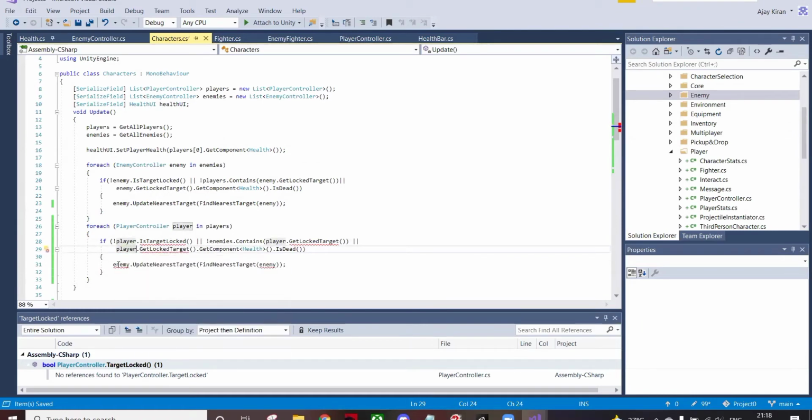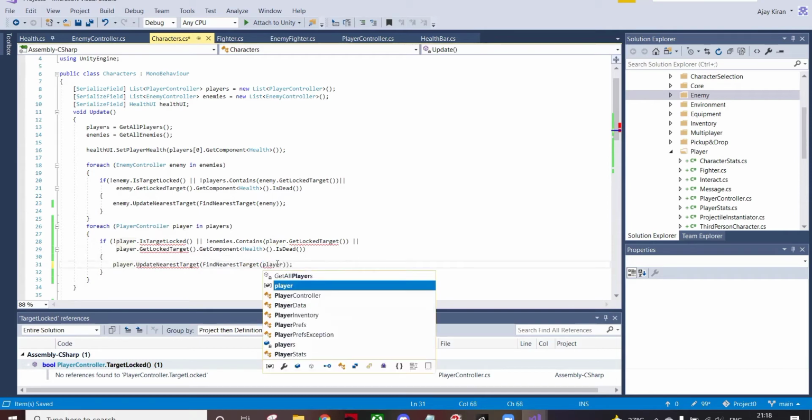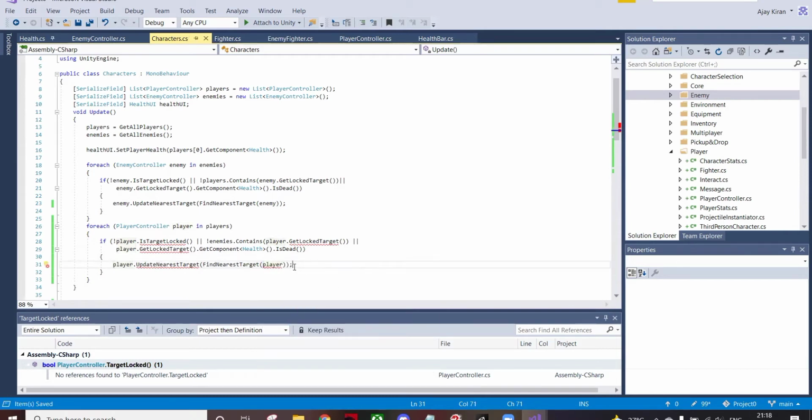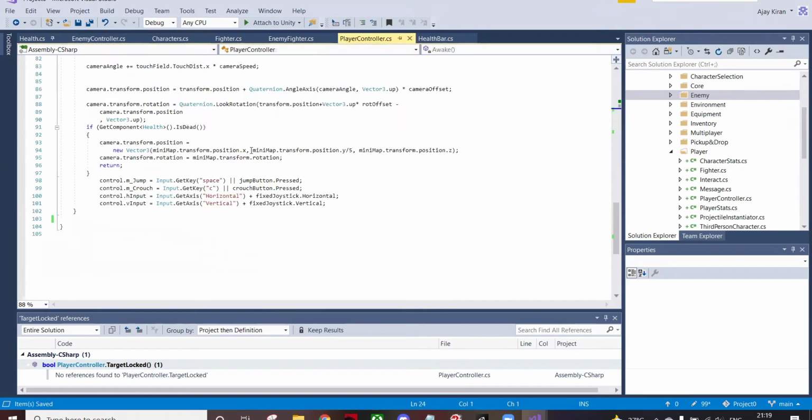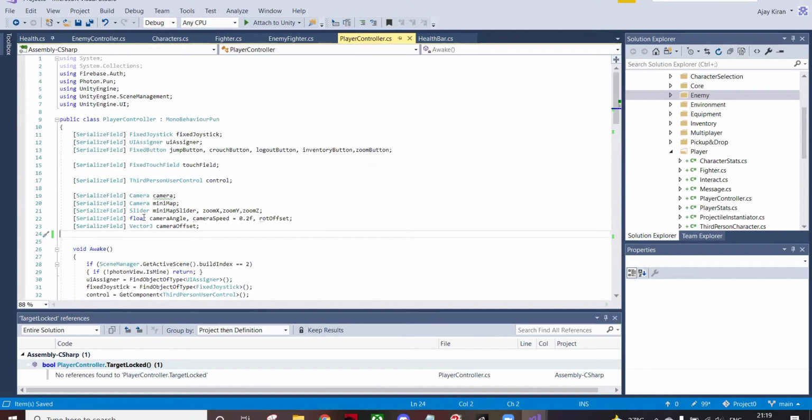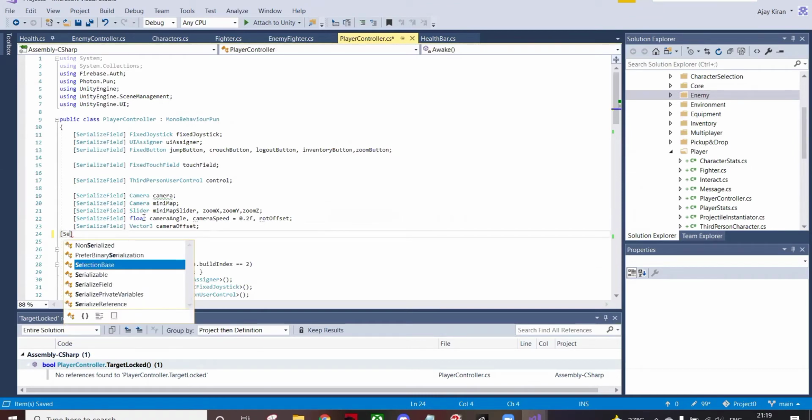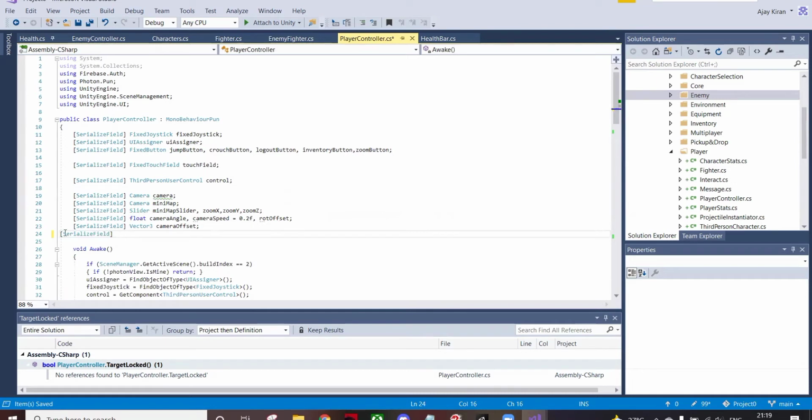And here should be player, and here we are going to update the player controller for the nearest target, and instead of enemy we're going to pass in player. It's just going to give us an error again, but we'll check that up later. So if we go to the player controller script, let's make those methods here. So first we are gonna have a variable boolean. Let's say this is target locked,